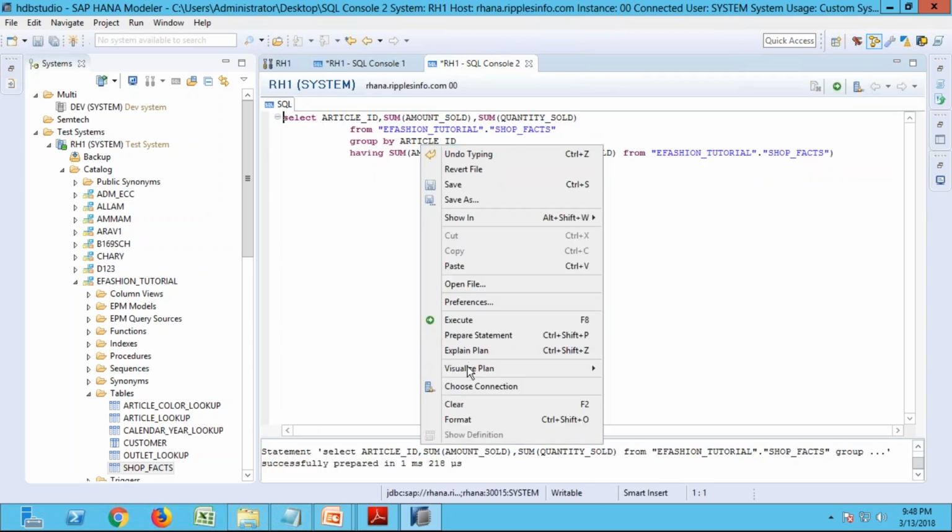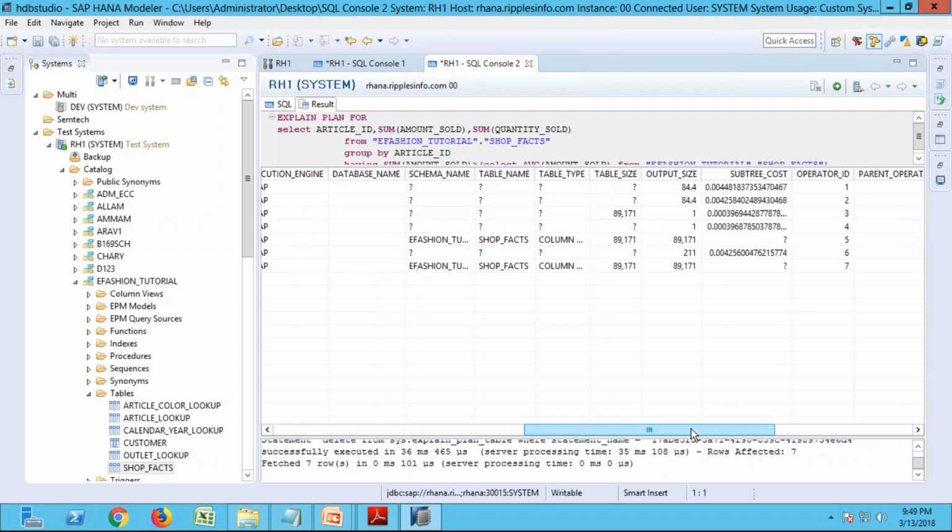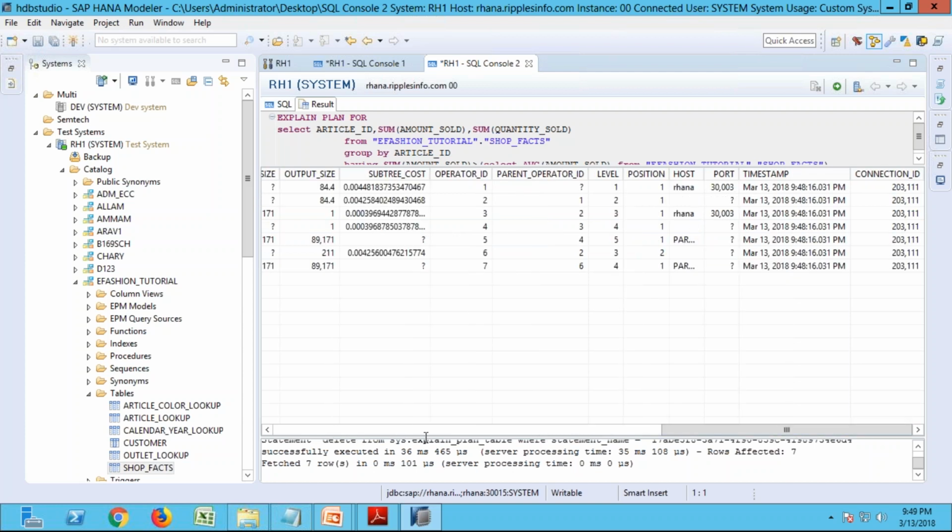There's an option for you here to visualize the plan, execute. Simple explain plan option is there, but it's a simple explanation it will give you. The steps involved there, subqueries execution and all that it will show you. But if you want to have a detailed analysis of this,